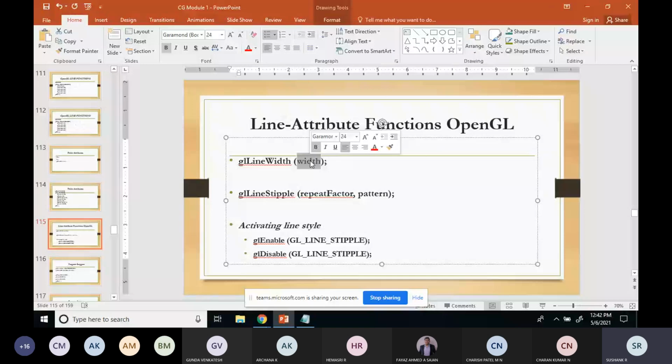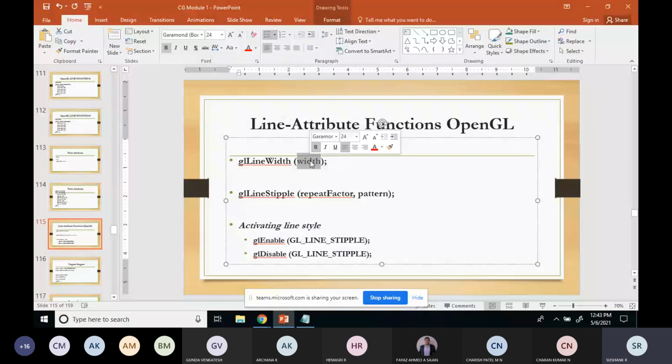If you give the input as 0.0, it will be treated as 0, but the default width is 1.0. So if you give 0.0 also, it will take the standard width itself, which is 1.0.